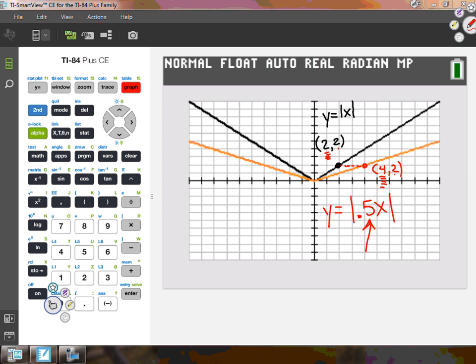Instead of putting in 4 to get to 4, I have to put in 8 to get to 4, because 0.5 times 8 absolute value is what would get me to 4. All right? So all in all, the moral of the story is